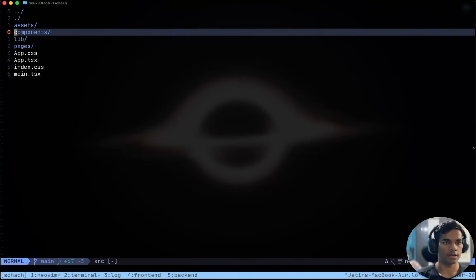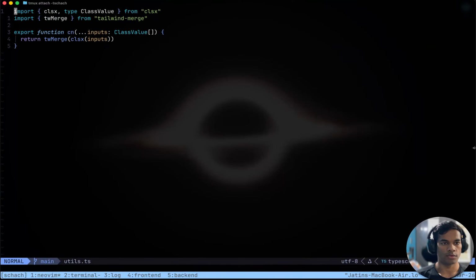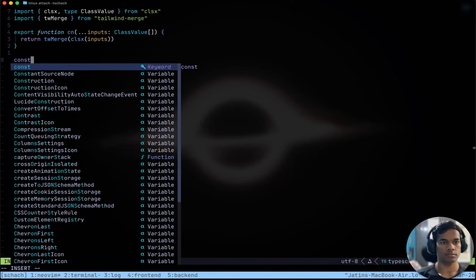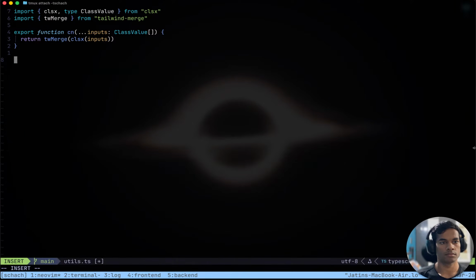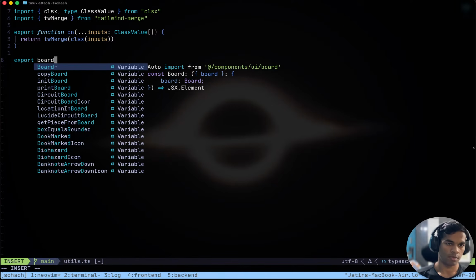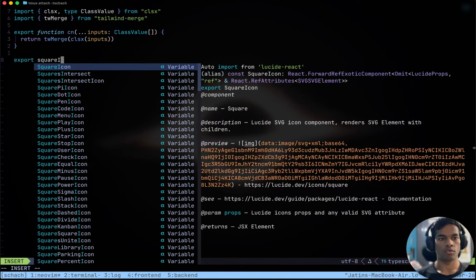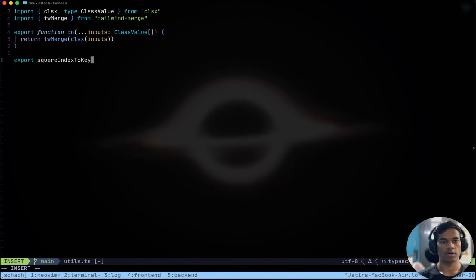We can define it inside utilities. Export board square index key.